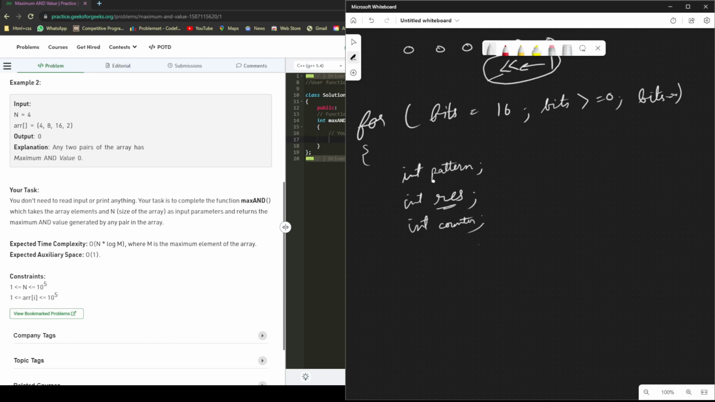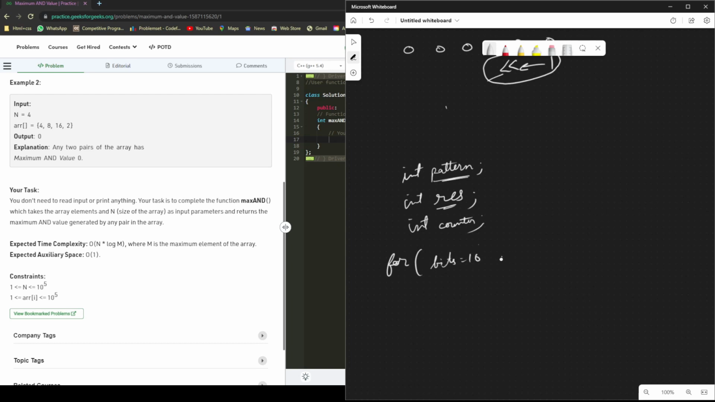So first of all we have to make the pattern. So what we can do, we run a for loop. Basically this is declaring the value which comes outside the loop. Let's make a for loop having bits is equal to 16, where bits is greater than or equal to 0, bits minus minus. So let's see